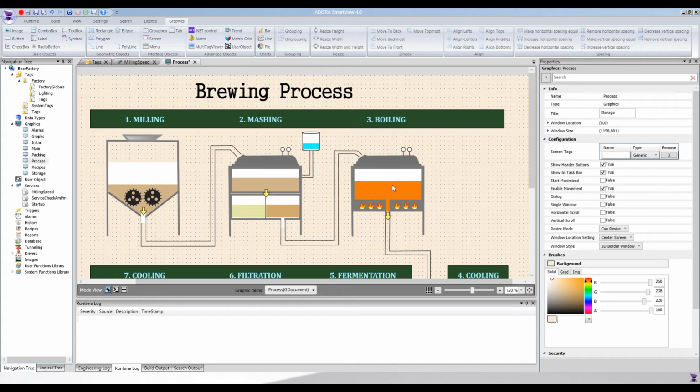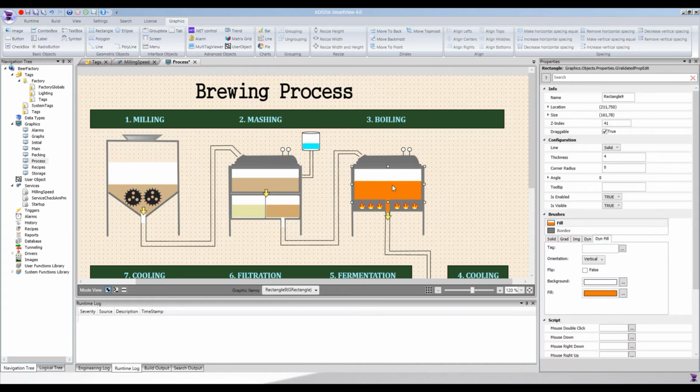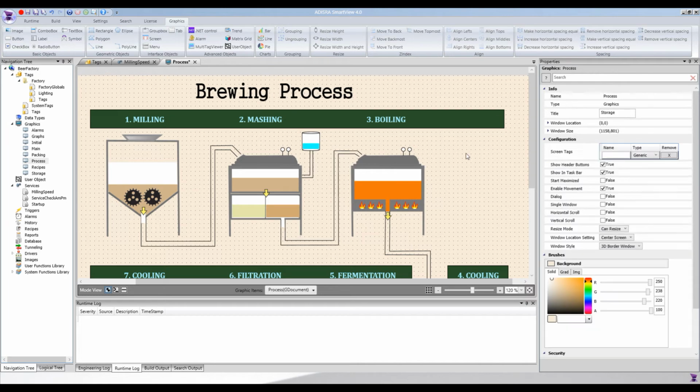For the interface, I again added a rectangle and added some dynamic fill to it. And to represent the fire, I could draw a polygon, but I decided to use a symbol from our library. I'm going to show you how easy it is and how many symbols we have in the library right now that can help you a lot to draw a nice interface. Let's click the symbol here, draw it,